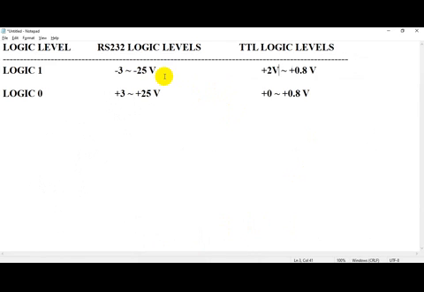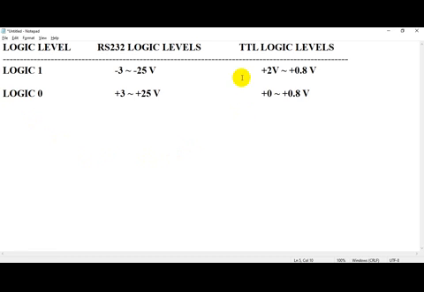RS-232 was introduced in the 1960s. At that time, they defined a voltage of -3 to -25 volts for logic 1. Any voltage between -3 to -25 volts was treated as logic 1, and any voltage between +3 to +25 volts was treated as logic 0.